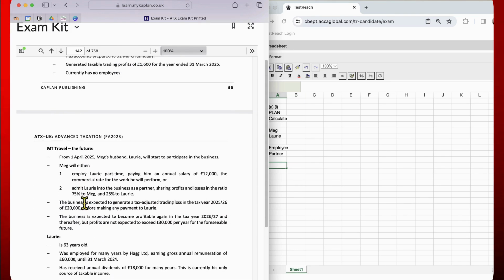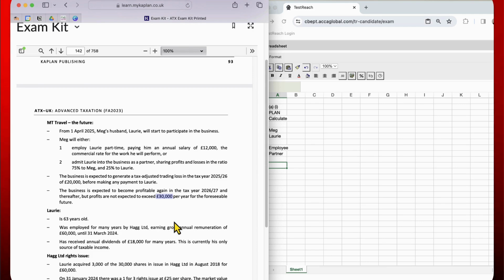Then we've got this paragraph about the future. When Laurie's husband joins the business, it'll either be as a part-time employee or as a partner. We're told how the profits and losses will be shared, and in that next year it's expected to make a trading loss of $20,000. So that's where the loss that we're wanting to look at is coming from. It's expected to then become profitable again and be around $30,000 or up to $30,000 a year for the foreseeable future. Okay,